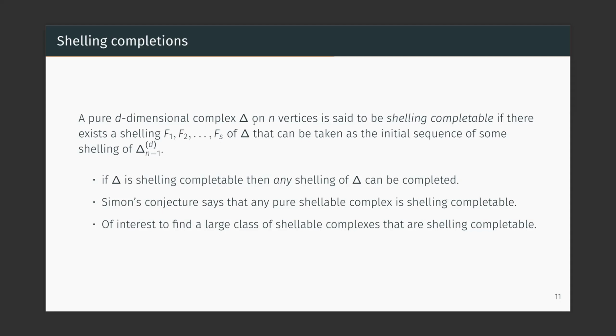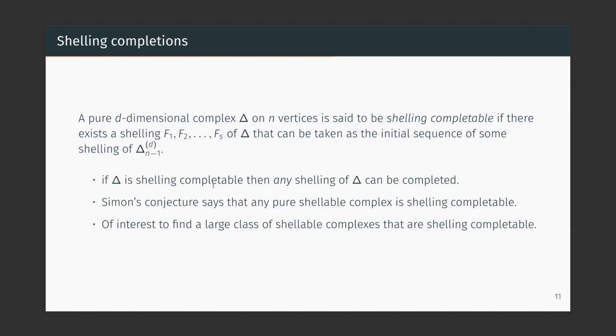So we call it Schelling completable. First of all, note that if delta is Schelling completable, then of course any Schelling could be completed, right? If there exists some Schelling that can be completed to the entire skeleton, then any Schelling can. And also just note that Simon's conjecture is equivalent to saying that any pure shellable complex is Schelling completable, because